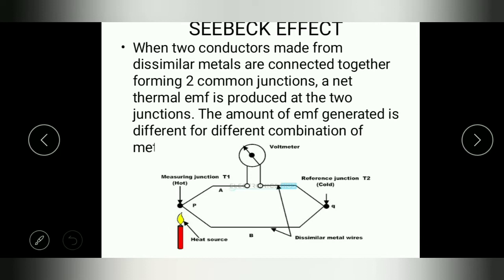So depending upon the temperature difference between T1 and T2, the voltmeter will show some reading. So we will provide a heat source at the hot junction to make it hot. Depending upon the temperature difference, there will be some reading at the voltmeter. That's a measure of the temperature difference between the two junctions. So here we can see that the junction will detect the temperature difference, and simultaneously it is converted to an electrical parameter, which is voltage, which is displayed in the voltmeter. So both the sensing and transduction is taking place simultaneously.